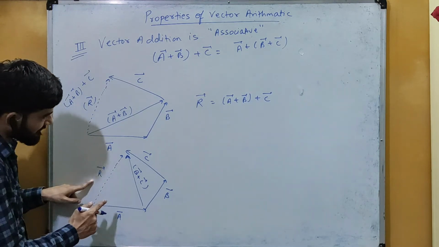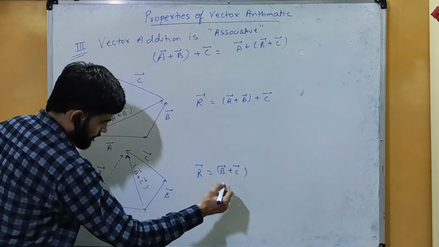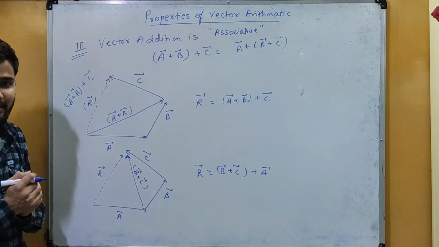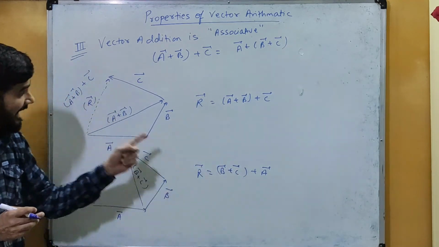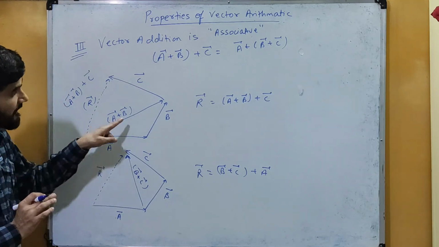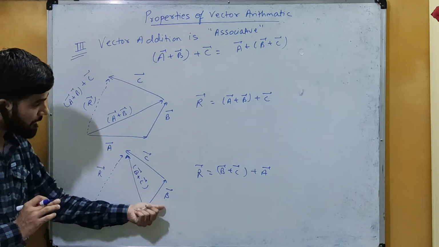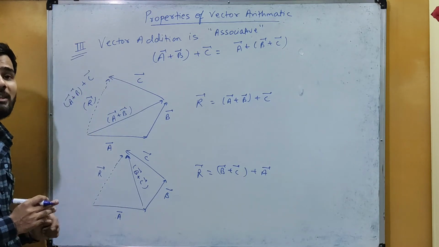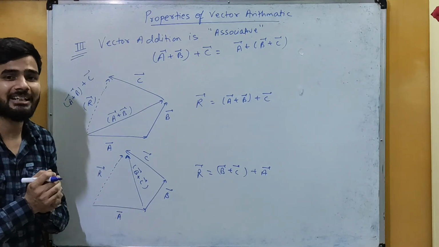So this is the vector resultant R. Okay, so this resultant vector R, I can write it as equal to this vector B plus C plus vector A. Okay, now from these two equations you can see that R is equal to A plus B plus C and R is equal to B plus C plus A, and diagrammatically when you see this, both the vectors are the same. But the thing is, in the first diagram we have added vectors A and B first, but in the second diagram we have added B and C vectors first, but the resultant final vector we are getting is the same in both the cases. Okay, so this is how we can prove the associative law of vector addition.